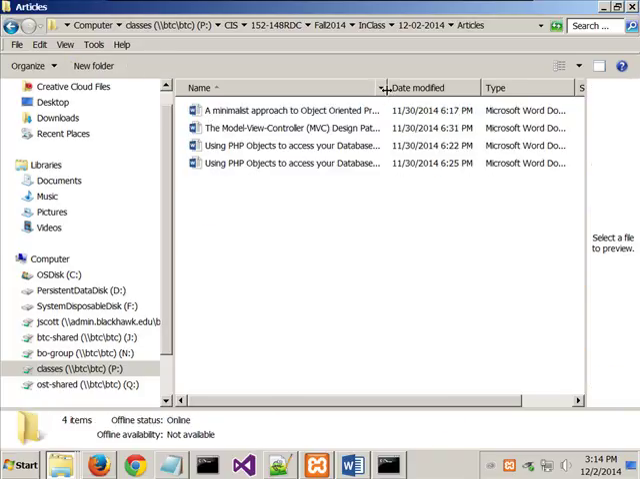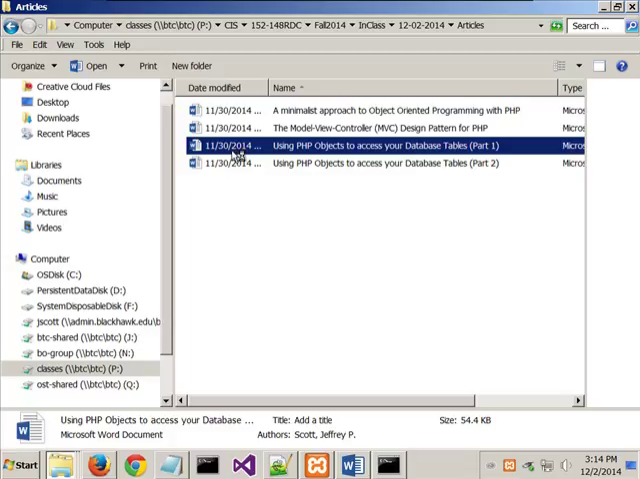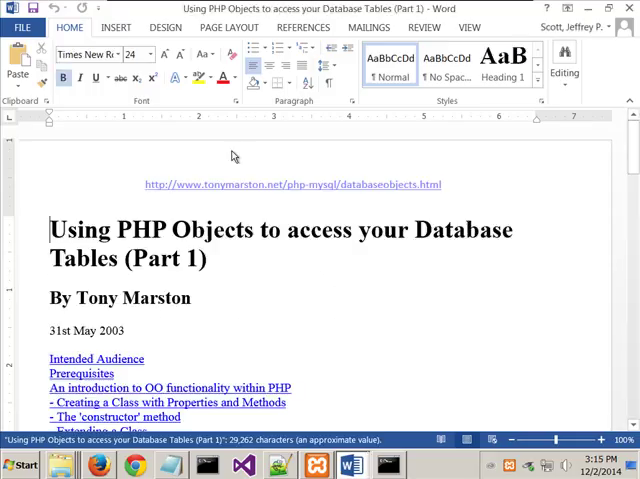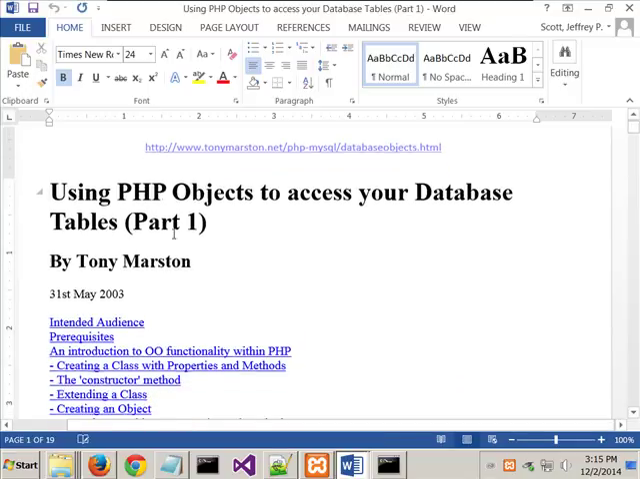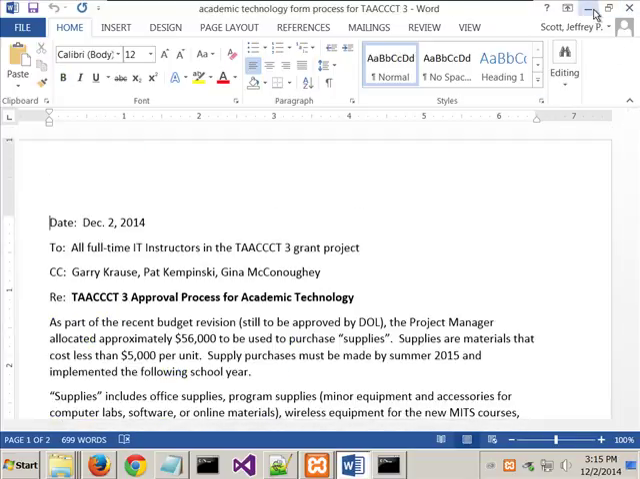And the other thing I want to show you there is, I had found this site years ago and forgot all about it. You'll be able to tell it was years ago because it's old. But there's a couple really good articles I put out here, from a site called TonyMarston.net, and this is using PHP objects to access your database. There's a part 1, and there's a part 2. He's also got a follow-up article to that one on Model View Controller. It's not an easy read, and notice this is 19 pages. Well, that's not bad, Jeff. It's 19 pages. Well, if you look at the next one,